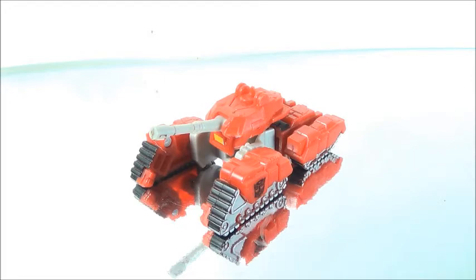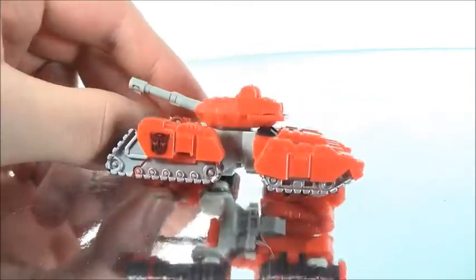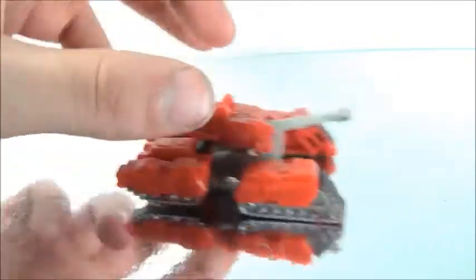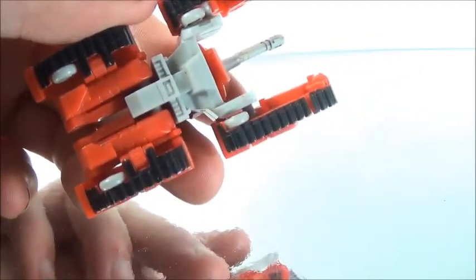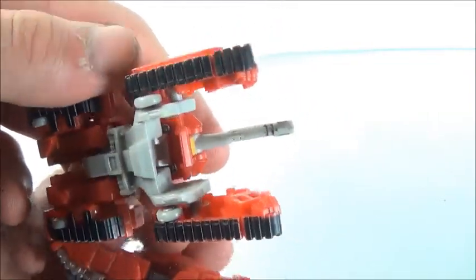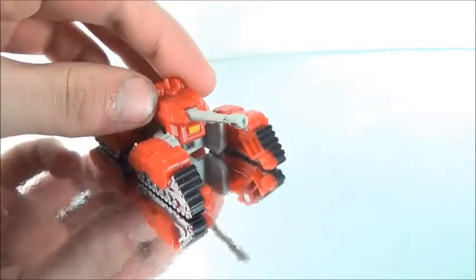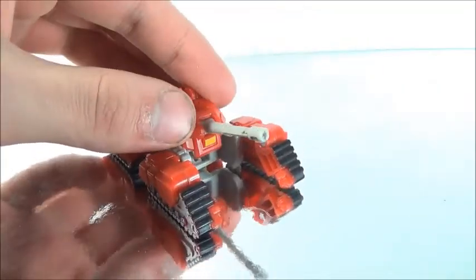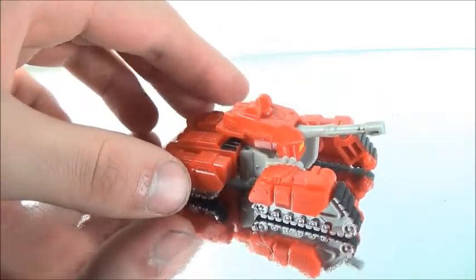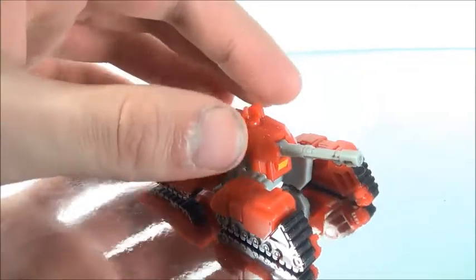For a deluxe class Warpath, which, by the way, let's take a closer look at it. So it's a nice deep red. It's not really coming off the camera as well as I hope. But, you know what? It rolls! It's got tires on the bottom. They don't roll that well, and I wish there were two little tires on the front where his hand is. But, no big deal. Unfortunately, he does not have rotation, so he has a little bit, but it's not much. So if he has to turn around, he has to go...